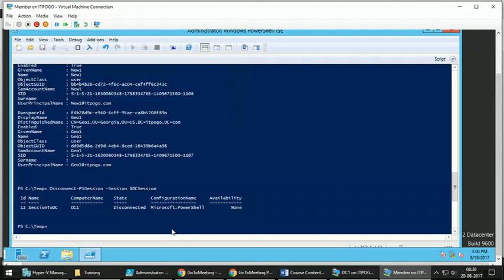And as a SQL DBA, suppose you are on your Windows 7 machine or Windows 10 machine, where there is no SQL Server Management Studio or anything installed at present, but you know a SQL Server. So what you can do, if you have access to that server, you can create a PS session with that server and import the SQL related module on your local computer. Use those commands, and once you close PowerShell, the session will be gone.